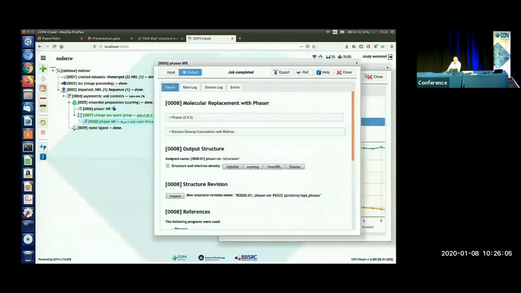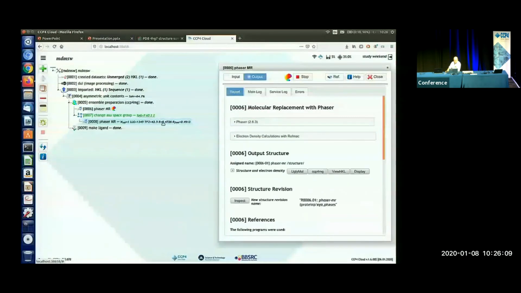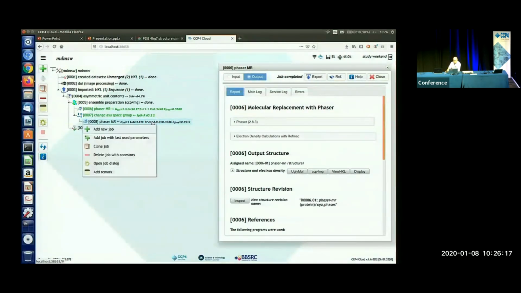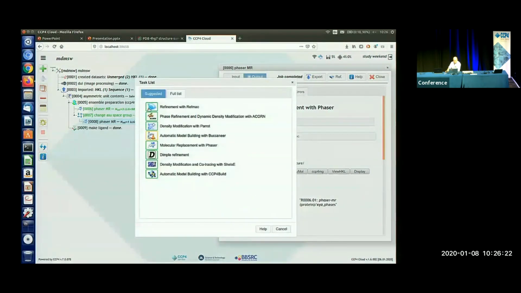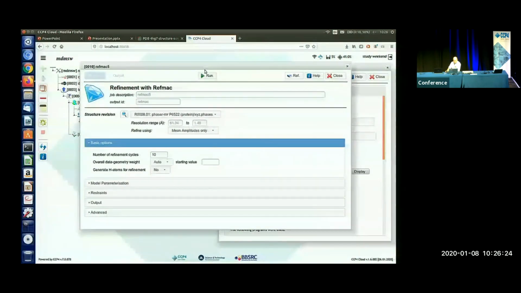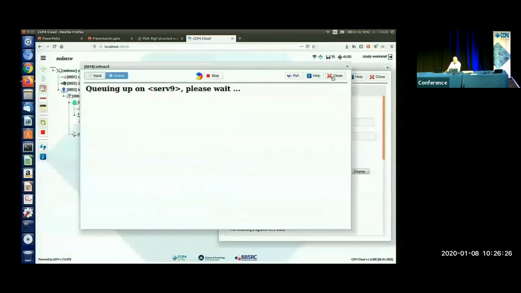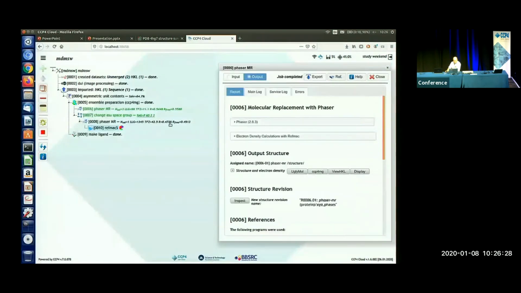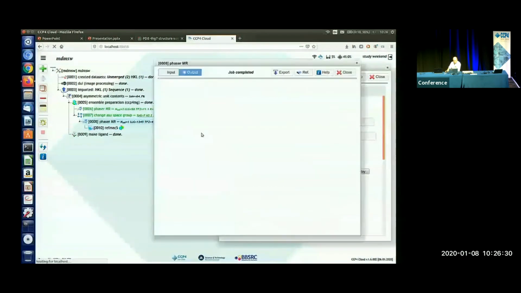So we've had one Phaser job finish, and that looks pretty good. That's P6522, and our log likelihood scores are very good. And in P6122, they don't look so great. So we'll continue with P6522. Let's do a little bit of refinement. With RefMac, we run 10 cycles. And we can have a look at what